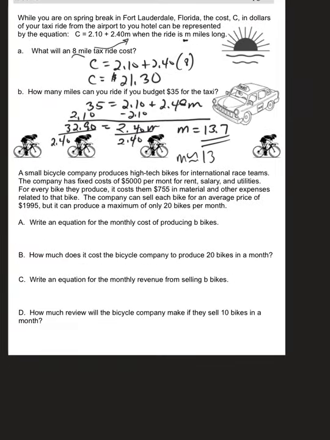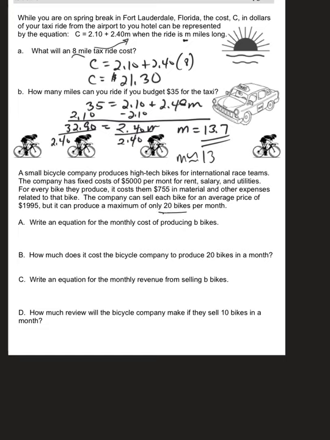Let's look at the next example. A small bicycle company is producing high-tech bikes for an international race team, and the company has fixed costs of $5,000 per month for rent, salary, and utilities. For every bike they produce, it costs $755 in materials and other expenses related to that bike. The company can sell each bike for an average price of $1,995, but it can produce a maximum of only